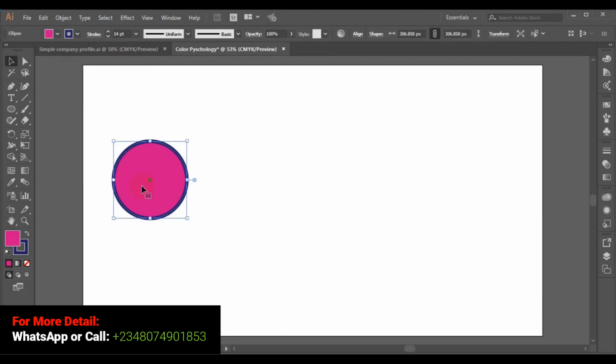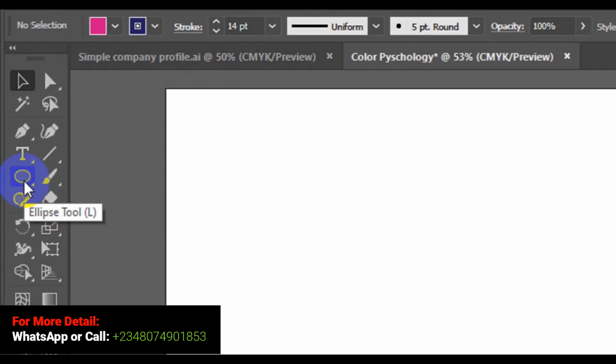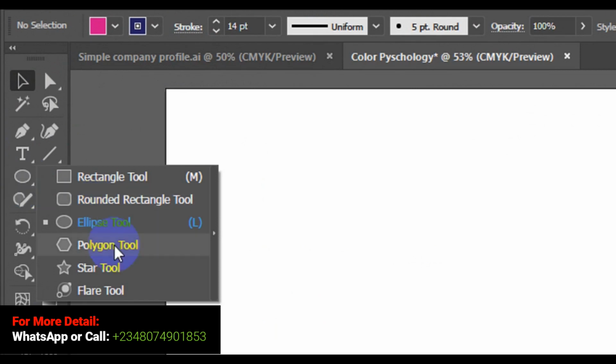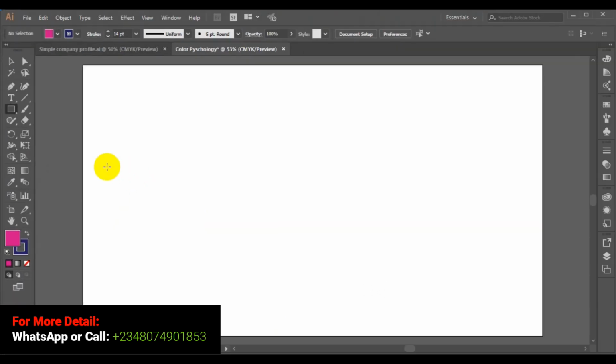So let's quickly delete this and see one other example we can do in Adobe Illustrator color psychology. So if we navigate back to our toolbar, then we right click on this and select another rectangle. So if I draw another rectangle like this,